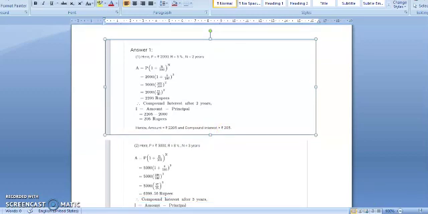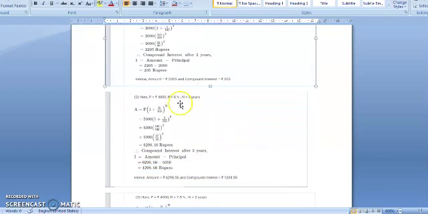Then second is given here, principal amount as 5000, rate of interest as 8% and number of years as 3 years. So according to the formula, we will put the values here. P is 5000 into (1 plus rate of interest 8 upon 100) raised to power number of years, 3. So 5000 multiplied by 100 into 1 is 100 plus 108. 100 plus 8 is 108 divided by 100. So 108 divided by 100 raised to power 3. So that is 5000 multiplied by 27 upon 25 raised to power 3.